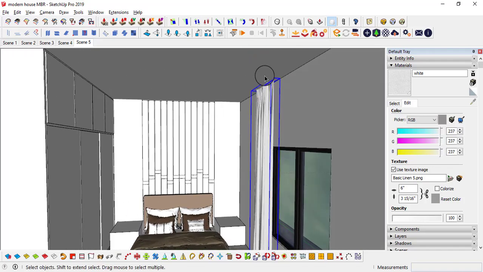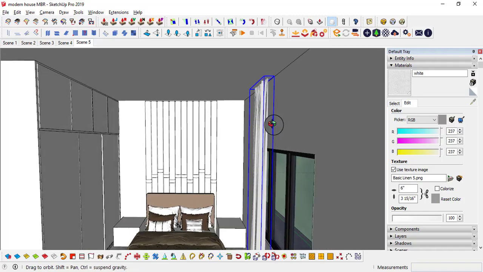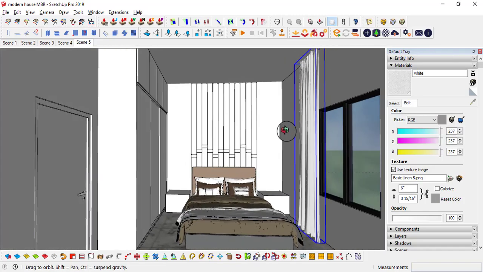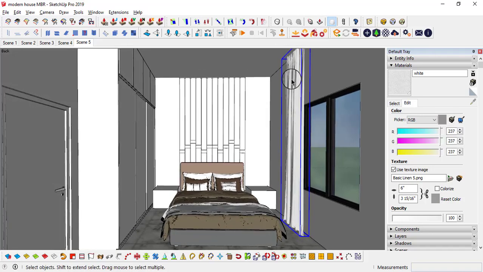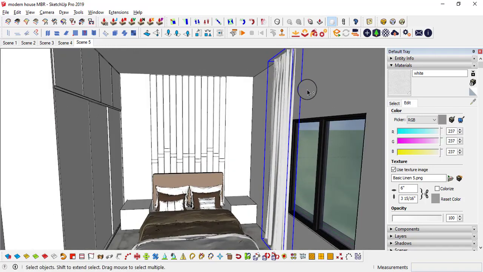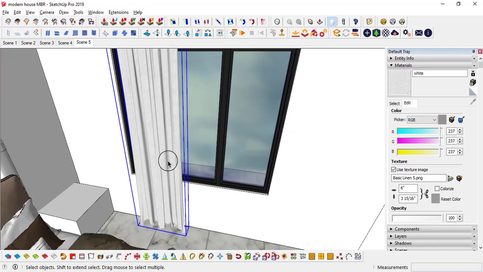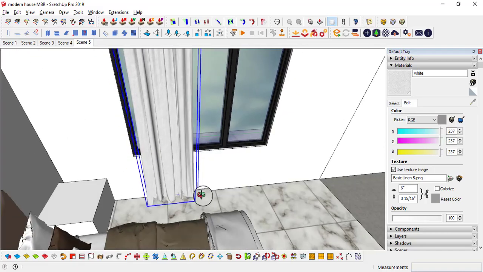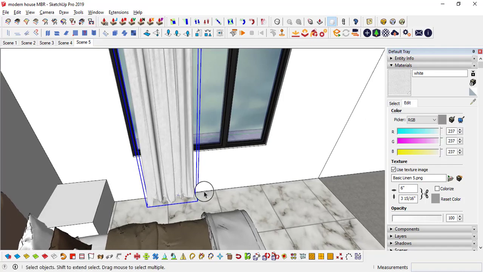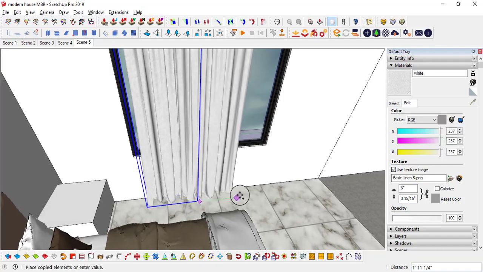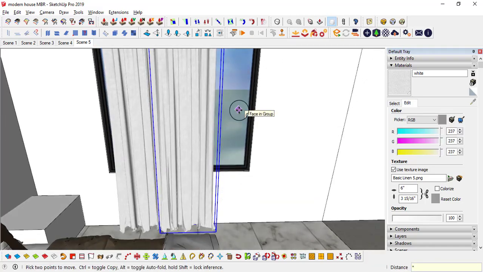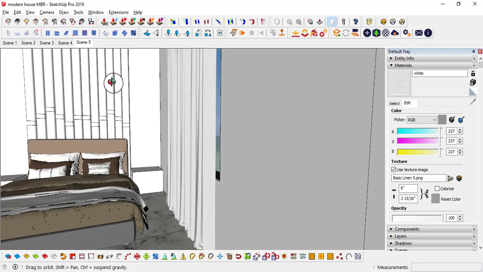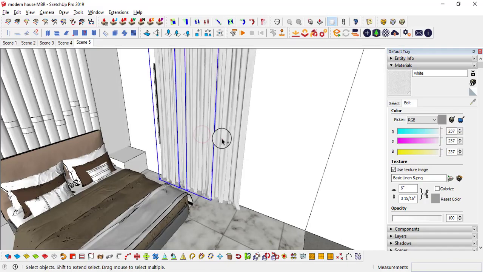Here, if you want, we can make this a ceiling closure also. That depends on you. But when you are taking the view from this direction, if you can't see this, these may not come into the picture, so we will see that later. Once everything is okay, then we can continue with it, or we can make further changes. I will copy it so that I can cover up to here, x2. Okay, up to this window I have covered it. Make these three a group,